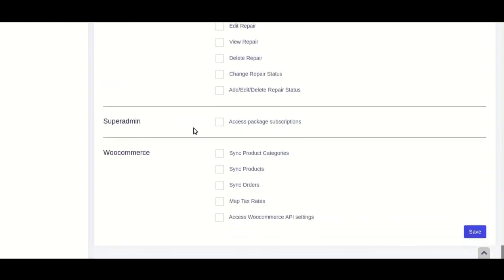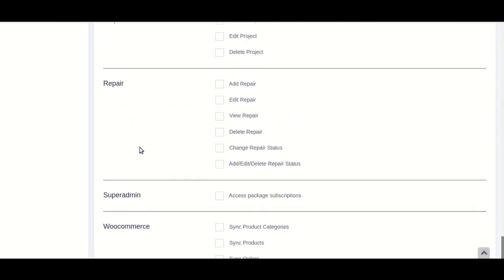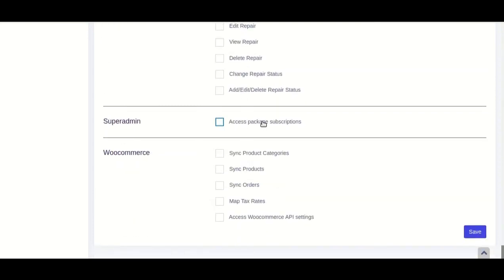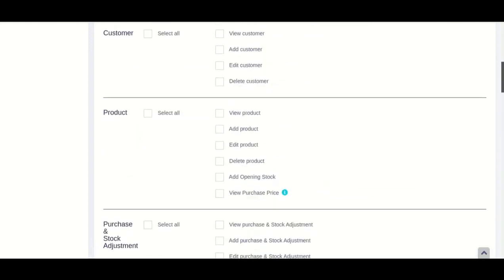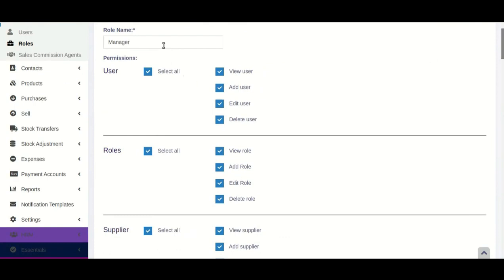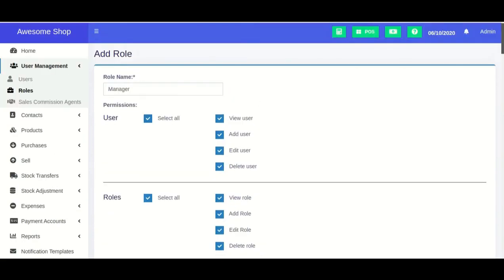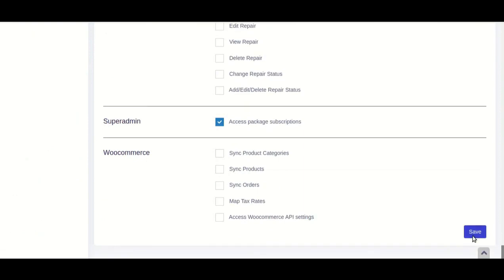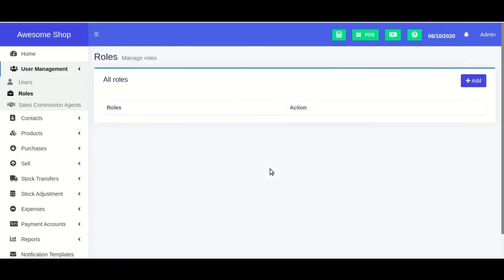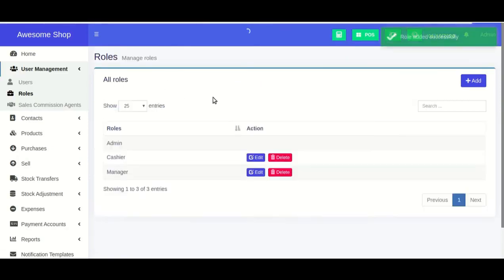And for the super admin, if you want to give permission to access the packages, then you can enable this option, and here we have the WooCommerce-related permissions. So you can select all the different permissions which you want the manager to have, and you can save it from here. So after we have created this particular role,